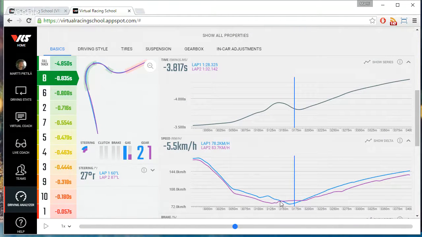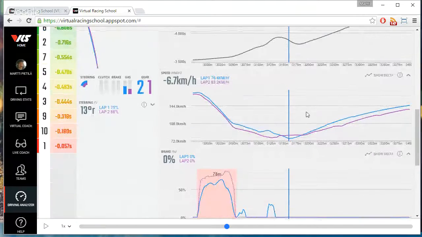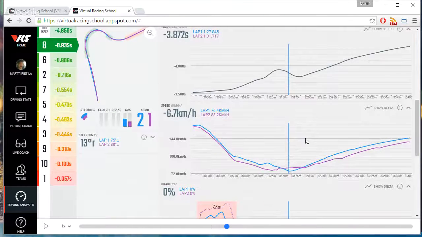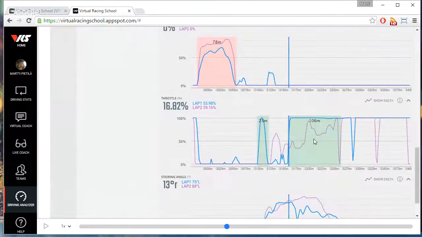The speed difference is not particularly great. It's just below 7 kilometers per hour, which is not that bad. But what it does at this point is that